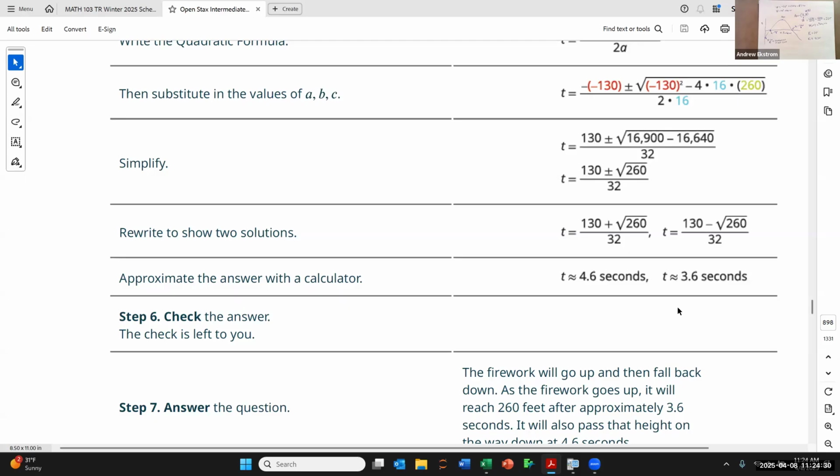At the 3.6 seconds that it shows on there, it was still traveling upwards at 260 feet. It went higher than that, then exploded, then fell back down again, and the second time it hit 260 feet was at 4.6 seconds. So if we're trying to get an idea of what the graph of this looks like,